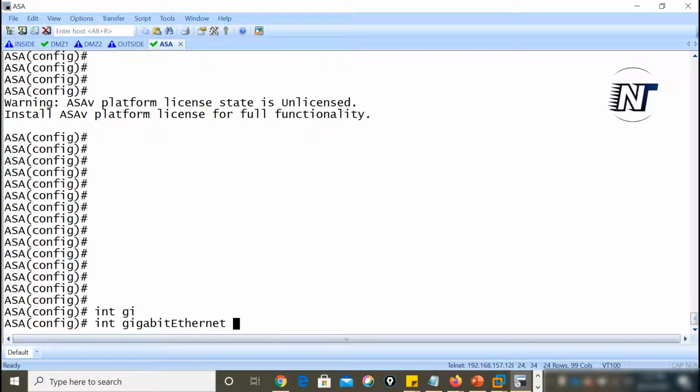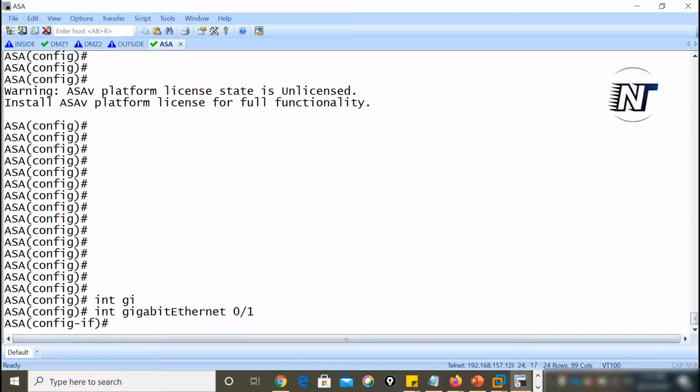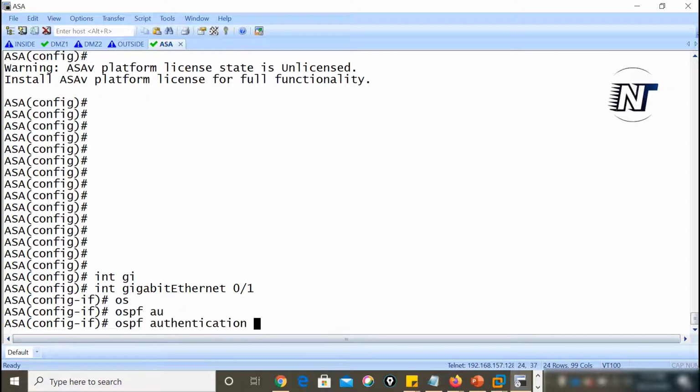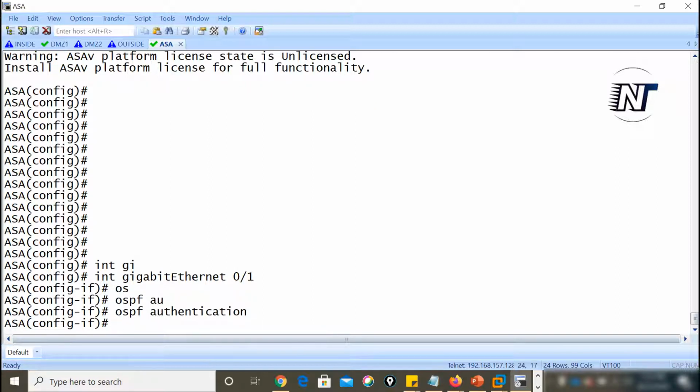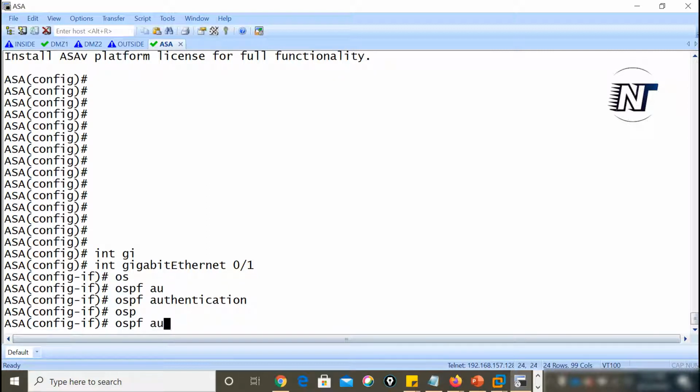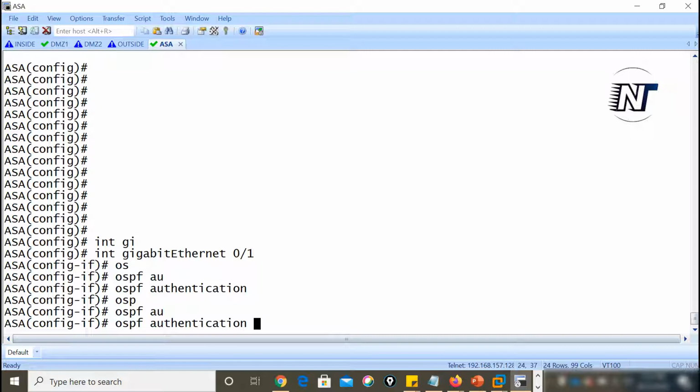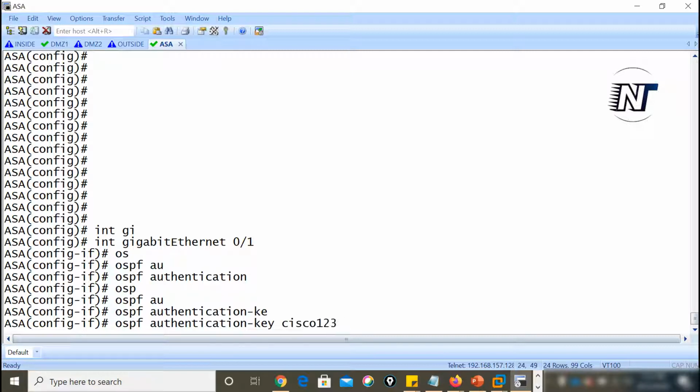Interface gig 0/1. Here I will do the authentication. ospf authentication, which means it's the clear text authentication. ospf authentication-key Cisco123.